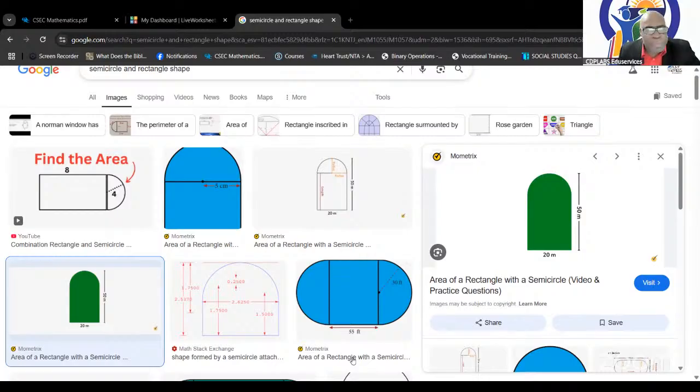Now, just before the internet gave you a problem, I was saying that they could give you two questions to ask about this compound shape. Just relax, just simply observe, okay? Use your eyes first. We'll practice that. They could ask to find the area of the compound shape, as well as the perimeter of the compound shape. Now let's go with the first one. If they were asked to find the perimeter of this compound shape,